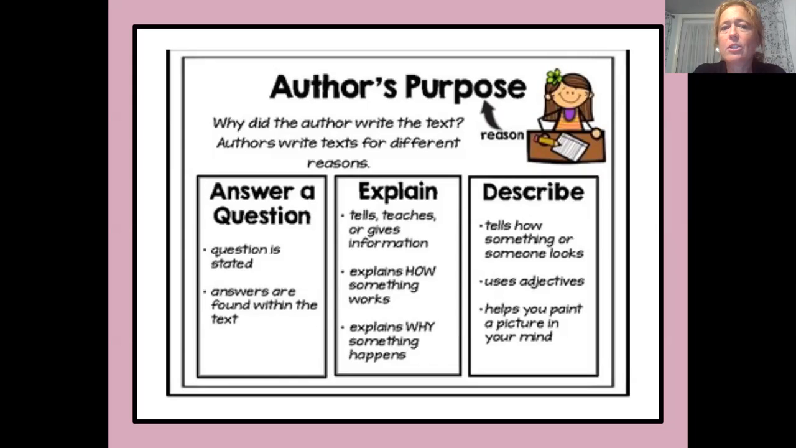Explaining tells, teaches, or gives information, explains how something works or why something happens. Okay, so an example could be